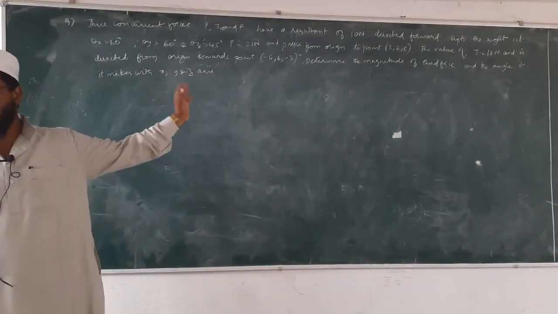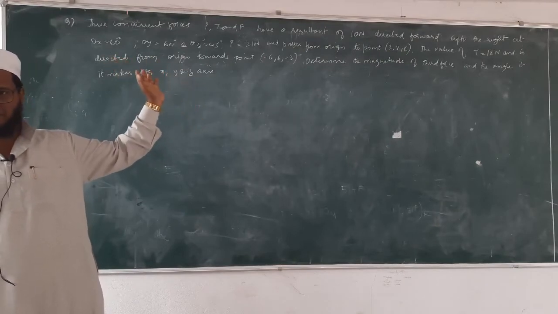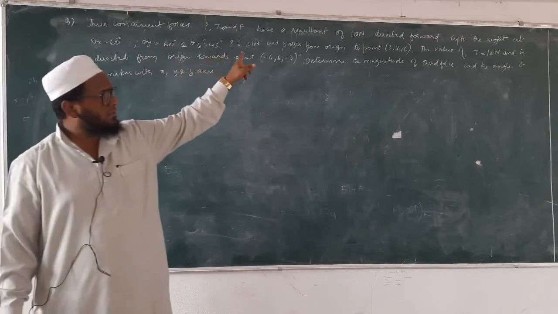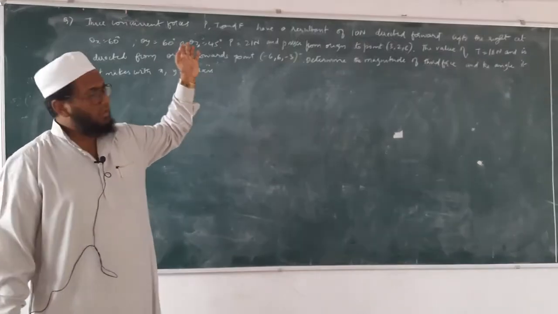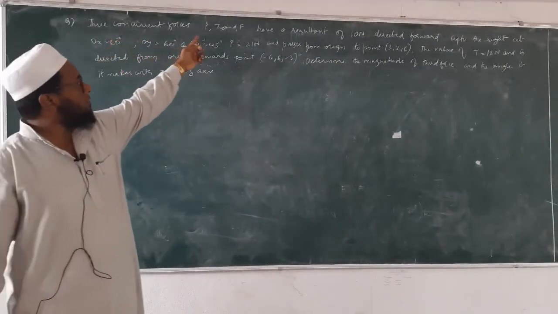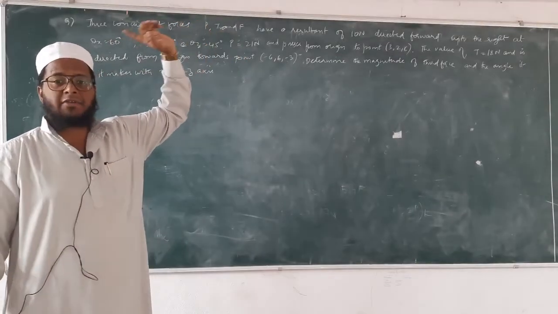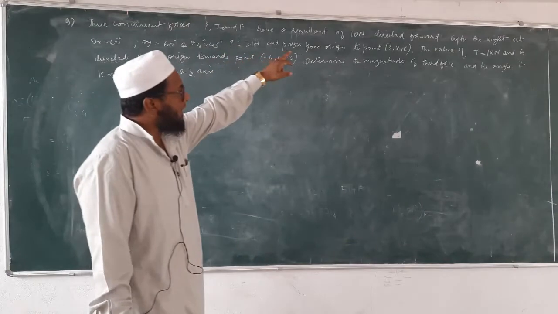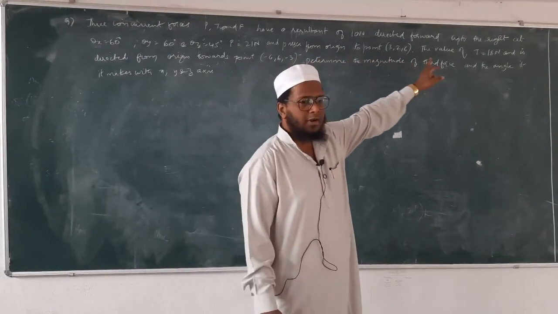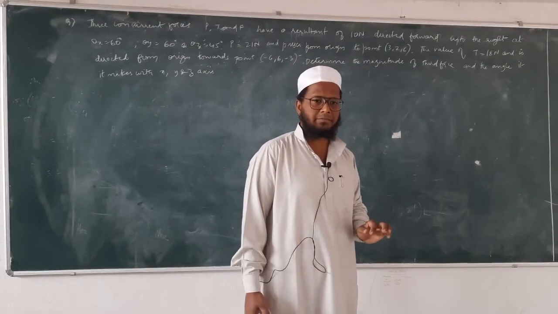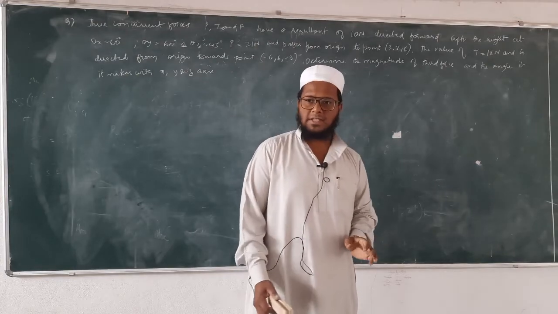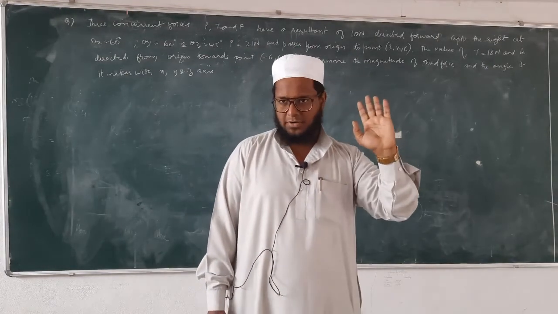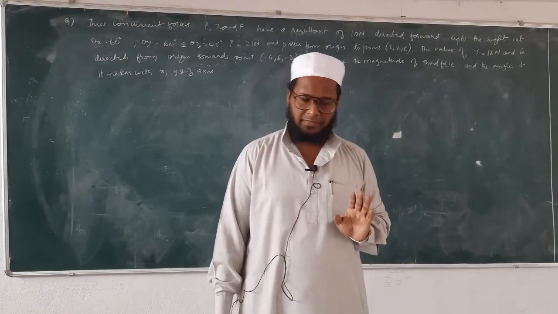This particular problem is also the same as the previous problem. Two forces are known to us. See here, there are two forces, totally three forces, that is P, T and F, which have a resultant. Their resultant is also given to us, that is 10 newtons, directed forward up to the right. What do you mean by this? It is acting forward and up to the right, that is in the first quadrant. Able to follow? Yes.